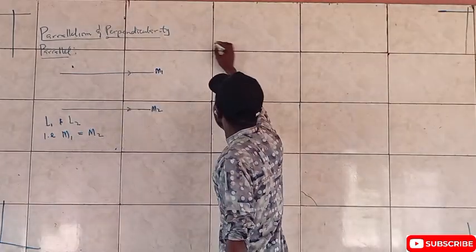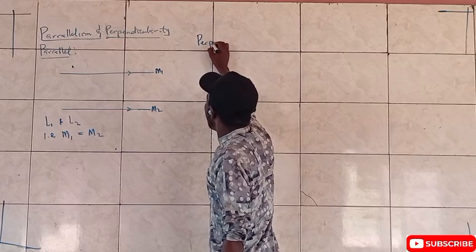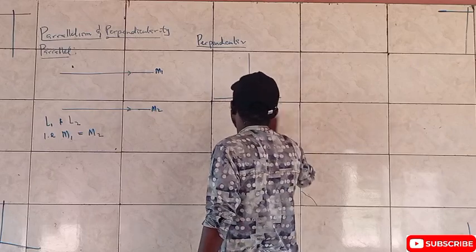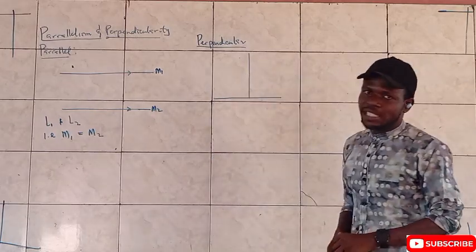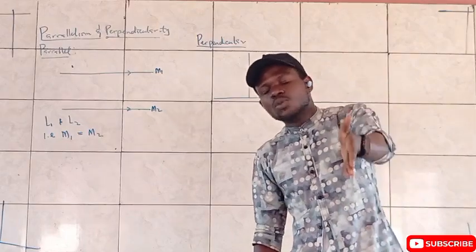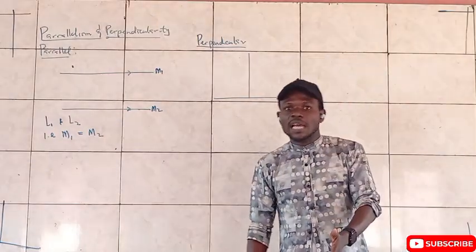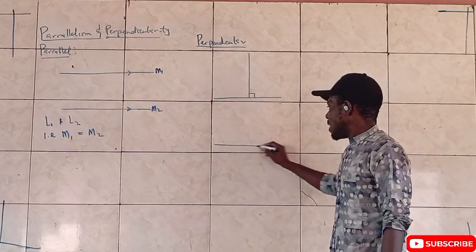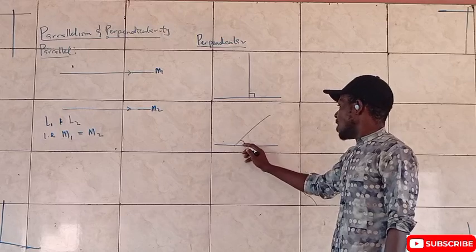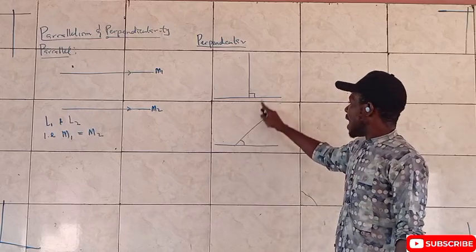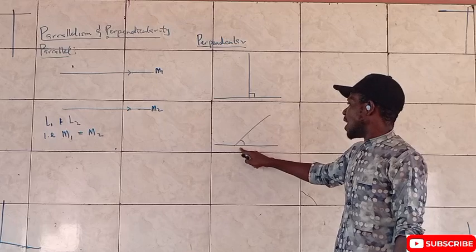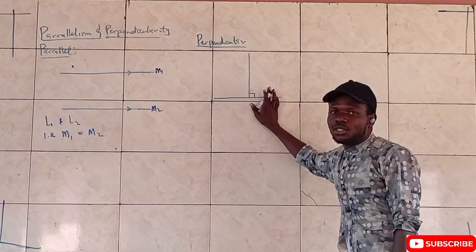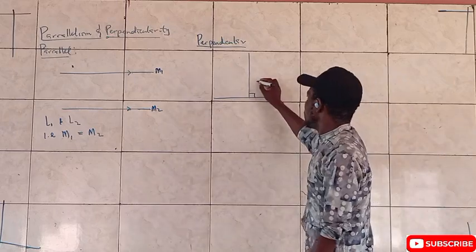But in the other way, when we say that two lines are perpendicular, two lines are said to be perpendicular if the angle between them is simply 90 degrees. When you have a vertical line meeting a horizontal line, they are perpendicular because the angle between them is 90 degrees. So what does that mean? If I have a line like this and a line like this, they are not perpendicular because the angle between them is not 90. Before I can say a line is perpendicular to another line, the angle between the two lines must clearly be what? 90 degrees.